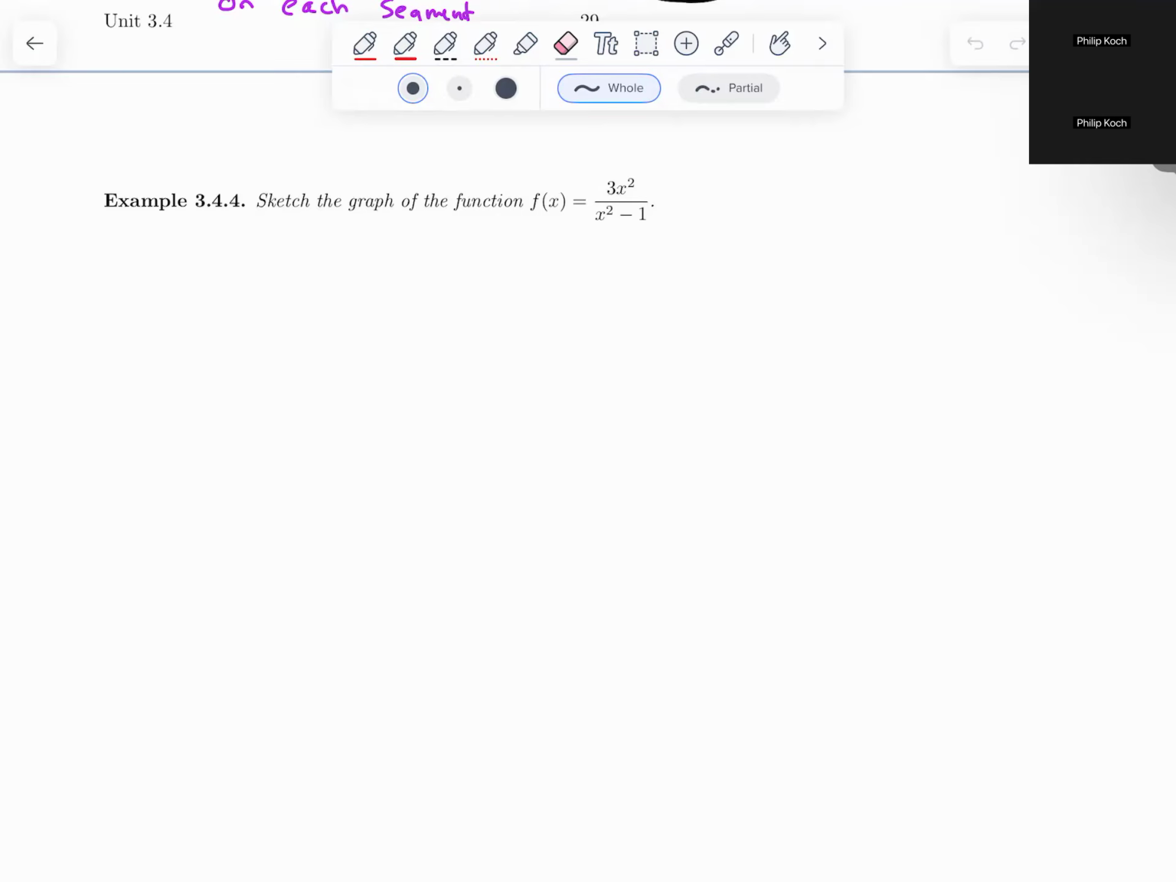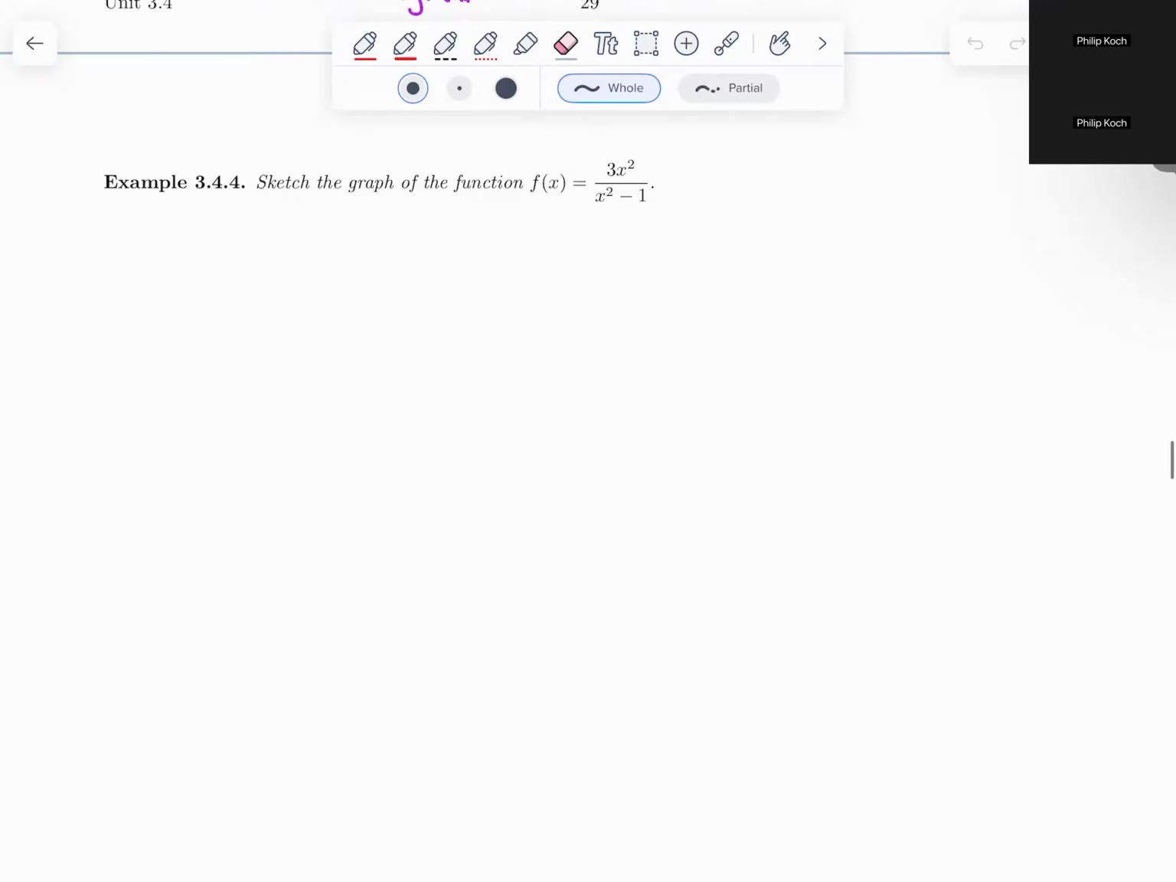So what we learned last time was that you're going to use basically everything at your disposal. You're going to find preliminary information working with the original function, then work with the first derivative to find where it's increasing and decreasing and find relative extrema, and then systematically go to the second derivative to determine concavity. So with this one right here,